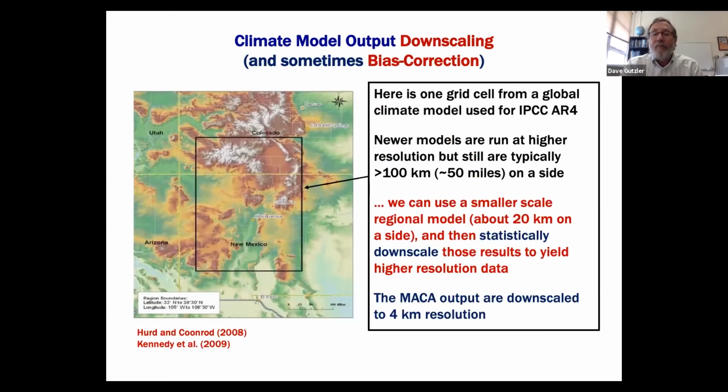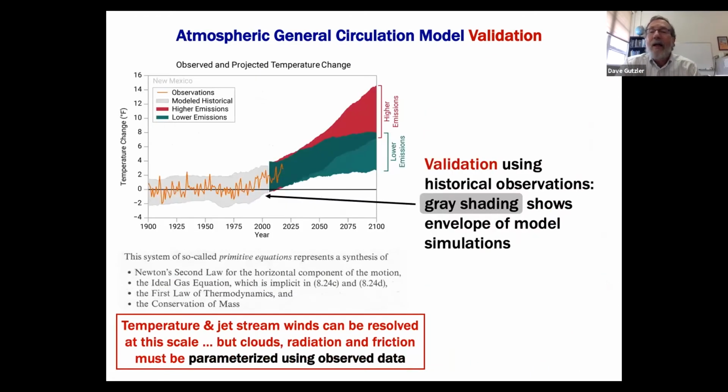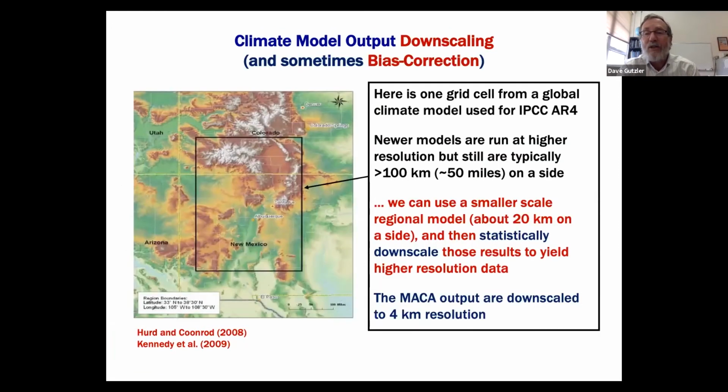Then there's another problem. And let me go back here. The other problem is that those boxes are too big. If you look at those boxes like in the upper right, one box that's one temperature and one pressure and one value of wind is roughly the size of the state of New Mexico. And we can't really make our models too much smaller. They get smaller with time, but the way the dynamics works in those models based on the equations still gives us averages over really big boxes, like this black square here. That's one climate model grid box.